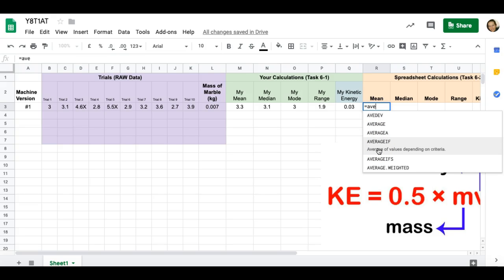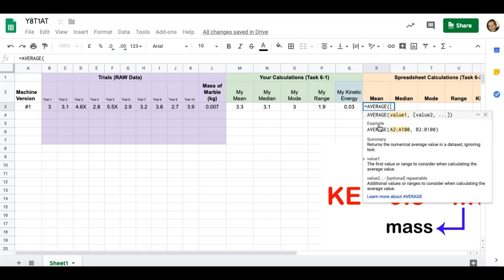Don't get confused. Just stick to the word you need. Average. Remember, this spreadsheet has programmed into it literally thousands of formulas. You just have to use the ones that are at your level. So I'm going to click average, and then it's going to go, okay, average of what? And you have to tell it. Now there's two ways to do this. You could go the long way and type in all the numbers like this, 3,